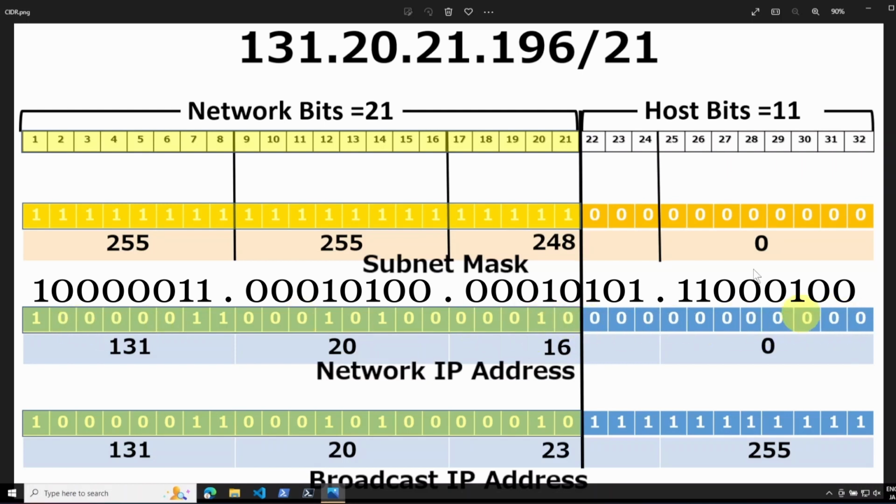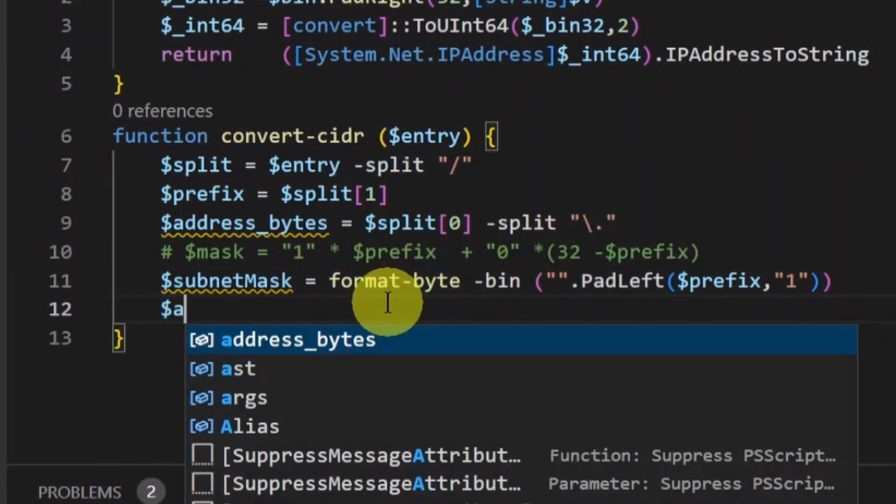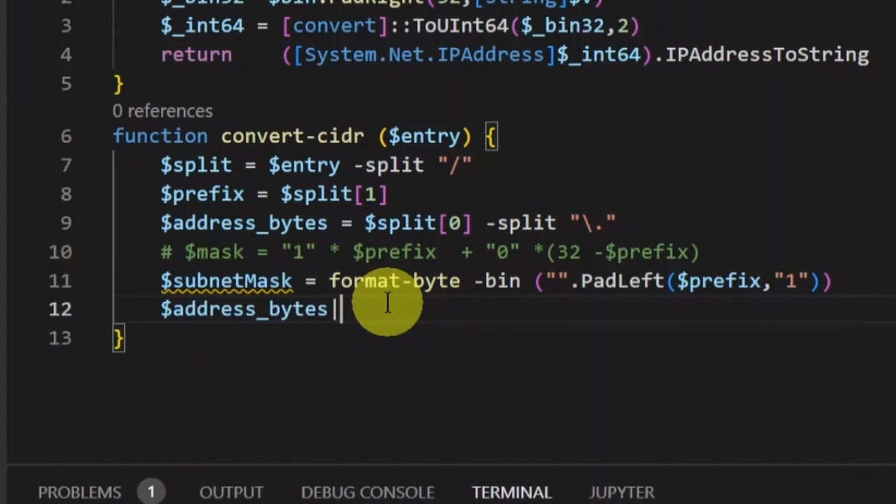If you remember, we had other values here, and to do that, as we have the array of each octet in this IP address, I will convert each one to 8 bits. As you can see here, for example, if I convert it, this will ignore the zeros on the left. So we want to make sure that it's all 8 bits, even if it doesn't have a 1 on the extreme left. So to do that, I will loop on the address byte, and for each one,